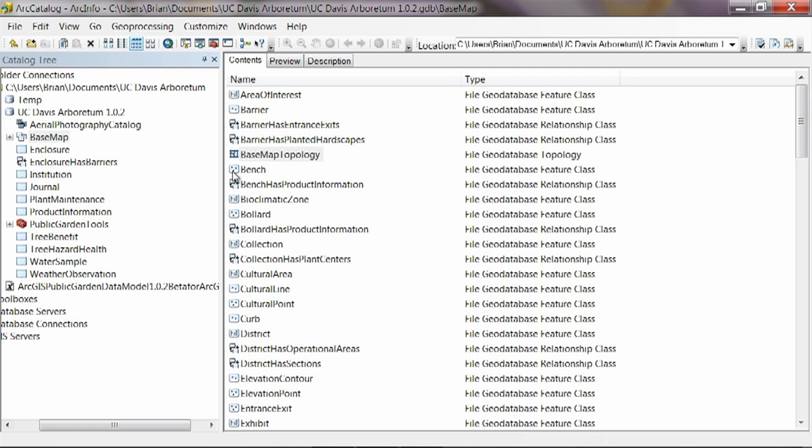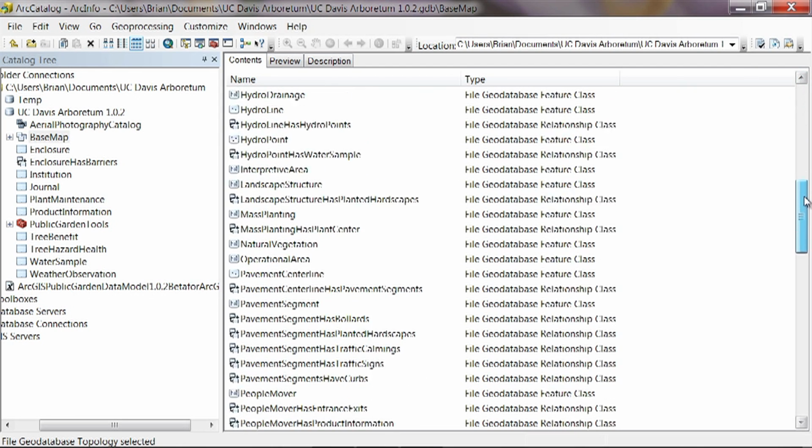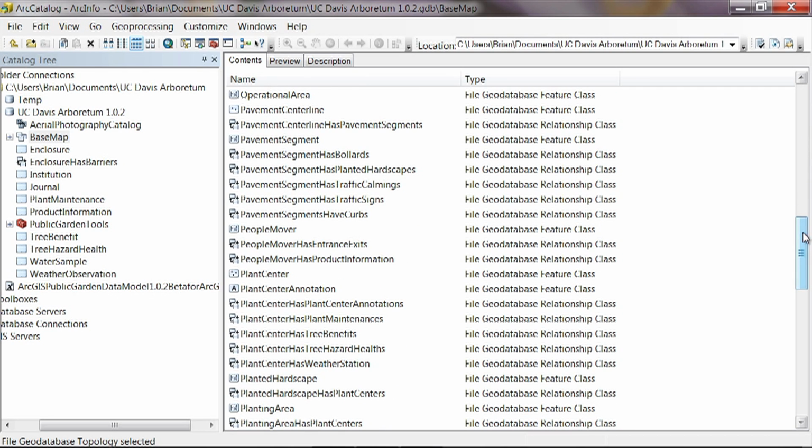And then also things like benches. Benches are pretty small. We generally don't want to define the boundary of them. We use points to represent those, so they just show up as points on the map, thus the icon here. There's obviously an icon for our relationship class and for our topology, which we've already talked about. If we scroll down here, you can see how many feature classes are inside, or different objects are inside the data model. If we scroll down to Plant Center, this is one of the most important types of feature classes